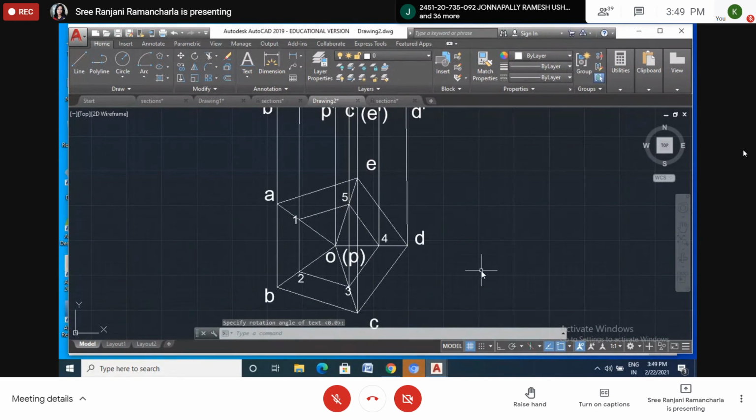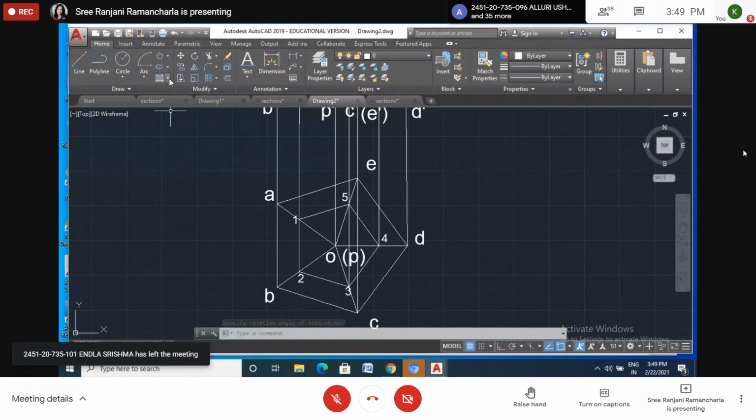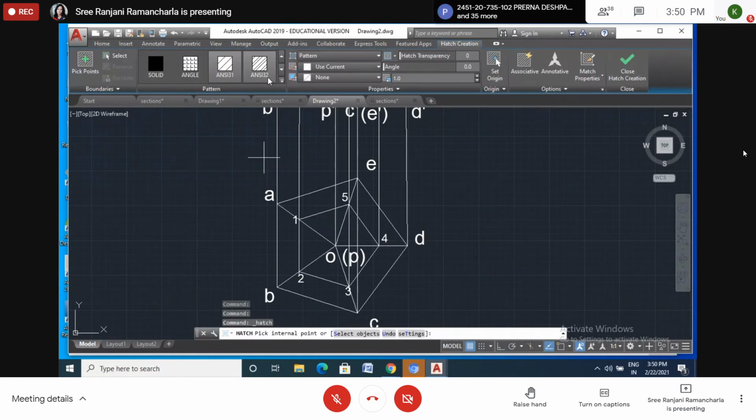Enter. Now I want to draw all the inclined lines. So I will go here, hatch is there. Or you can give the hatch command also. So hatch. Instead of going like this, you can see these are the different symbols for different materials. Okay.